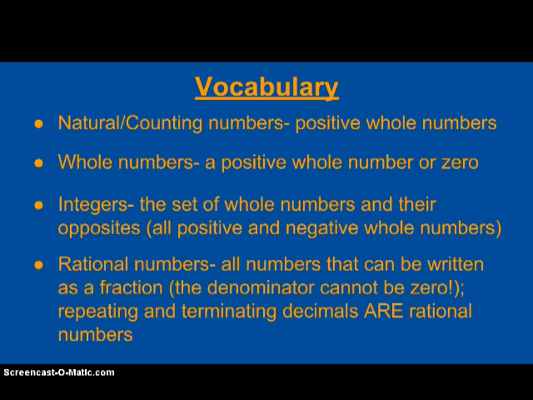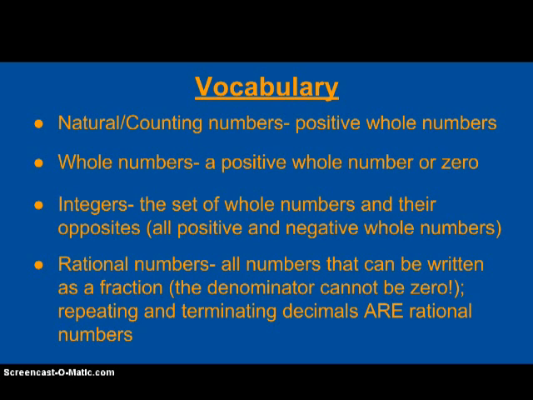Finally, we have the definition for rational numbers. Rational numbers are all numbers that can be written as a fraction. And the denominator in that fraction can never be 0 in order for it to be a rational number. So for instance, the whole number 2. Last year we learned that we can write the whole number 2 as a fraction by putting it over 1. So since we can write that whole number 2 over 1 as a fraction, that means